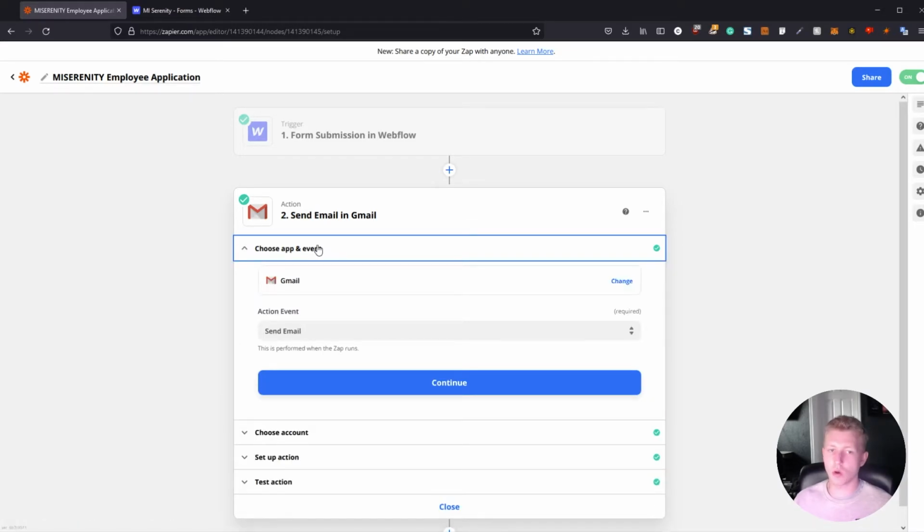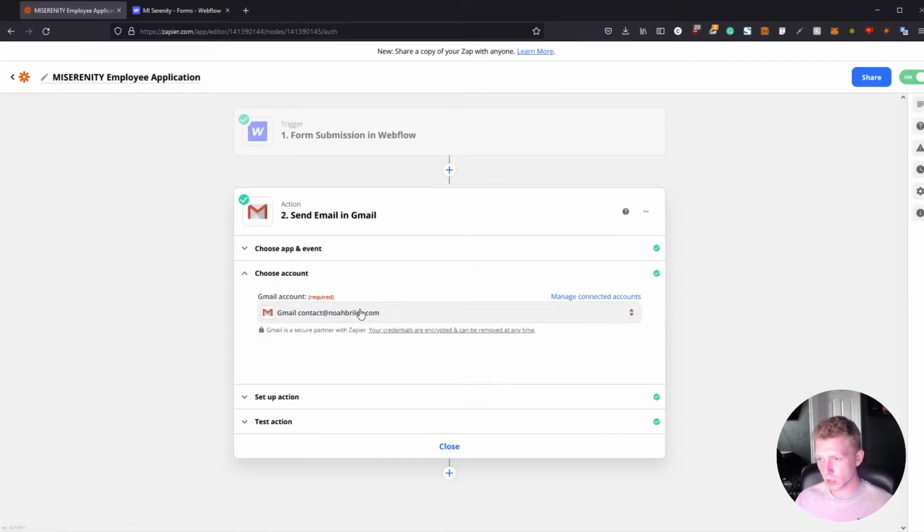All you have to do is set that up in Zapier, but as long as you're setting some sort of email client up with Zapier, you're going to be good to go. For me, we're going to use Gmail. Continue and choose account. As of right now, it is set up with my email going to the client, so